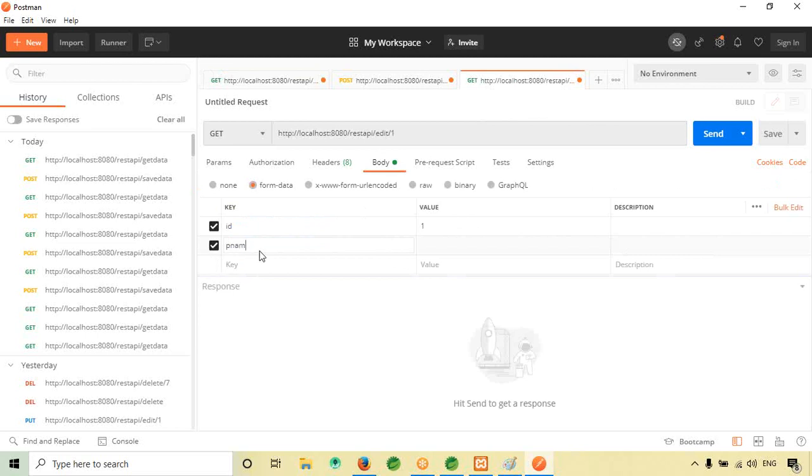P name, Redmi phone. Next, P brand, Mi phone.